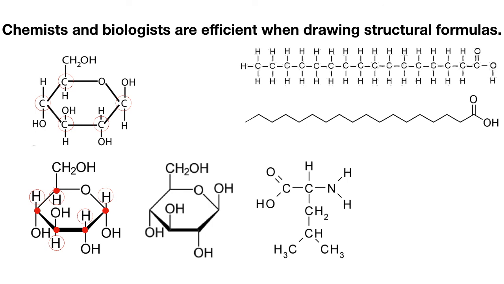Or let's take, for example, a look at an amino acid. Here's an amino acid drawn with every atom present, and here's what it would look like when we stop drawing the carbons or any associated hydrogens that are not part of a functional group. So notice that the functional groups are still there. The functional groups need to be included because they're not the hydrocarbon skeleton of the molecule. They are the ones that are involved in the chemical reactions, and they're going to give that particular